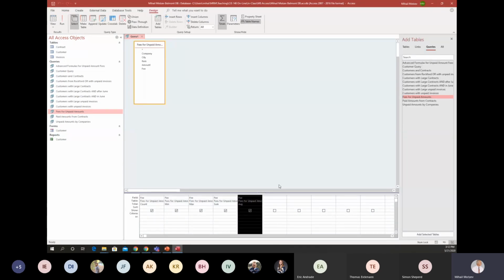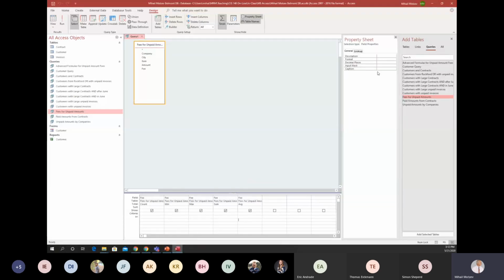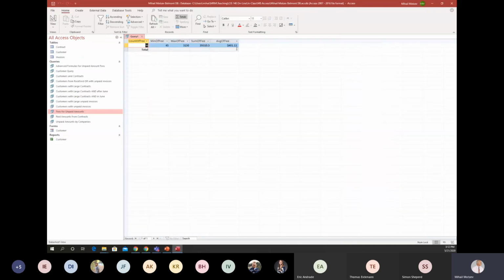And when we select and right click and open the properties menu, here we can use format to be currency and select 2 decimal places, 2 digits after the decimal point. So now when we run the query, we'll have much better presented